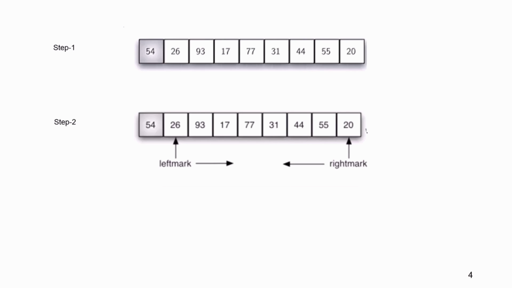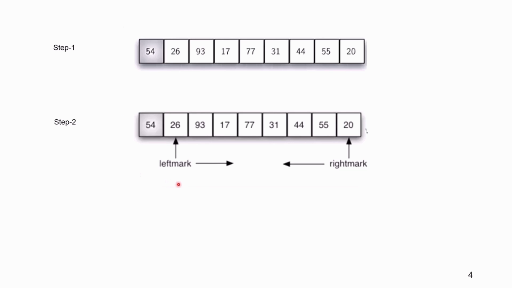As we have already discussed partitioning and divide and conquer, let's look at an example to better understand these concepts. Over here, we have taken an unsorted array of 9 elements. The first step is the partitioning process. The partitioning process involves choosing the pivot. Over here, we are choosing 54. That means our first element as a pivot, but it is not necessary. We can choose any random element as a pivot.